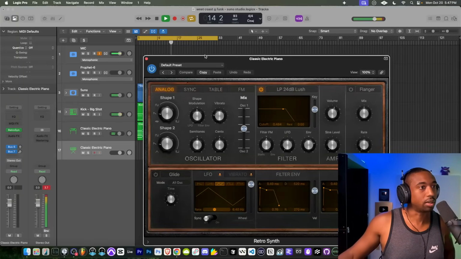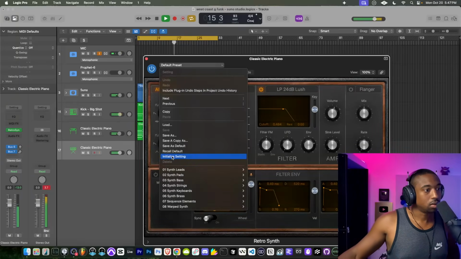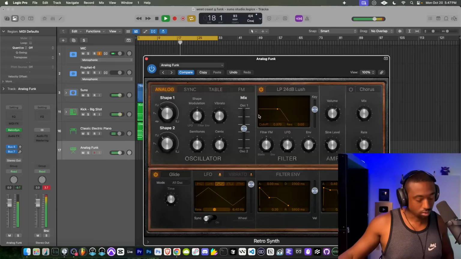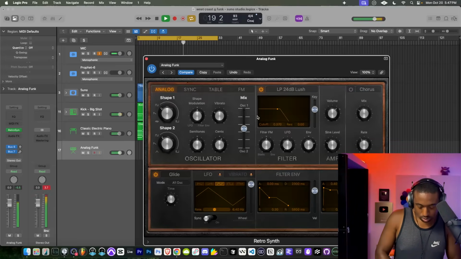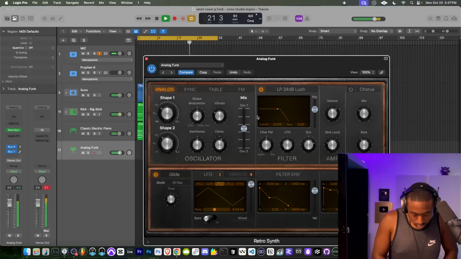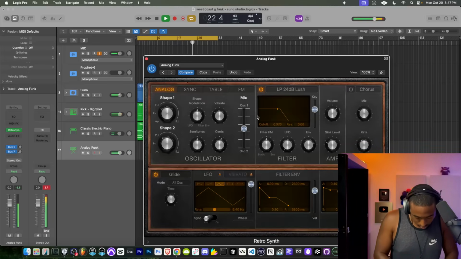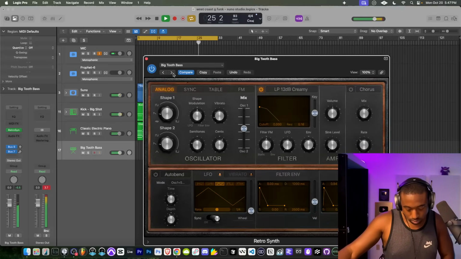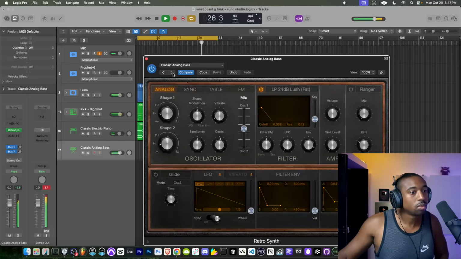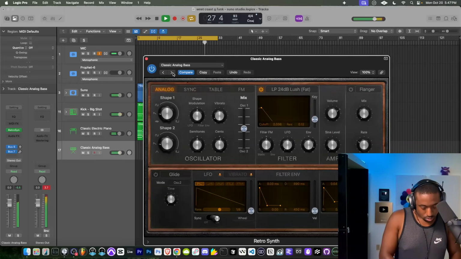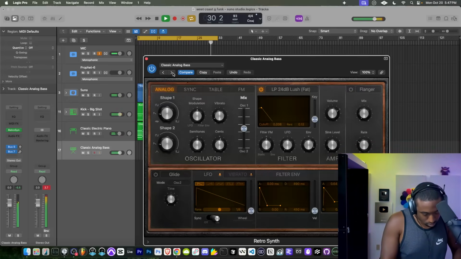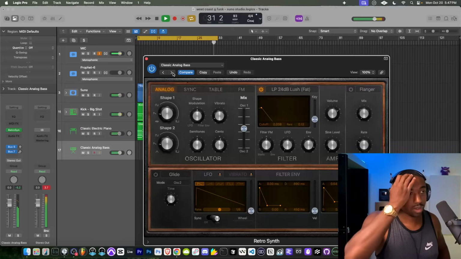See if we can come up with a Moogish sound. We gotta figure out what kind of bass we're going for.